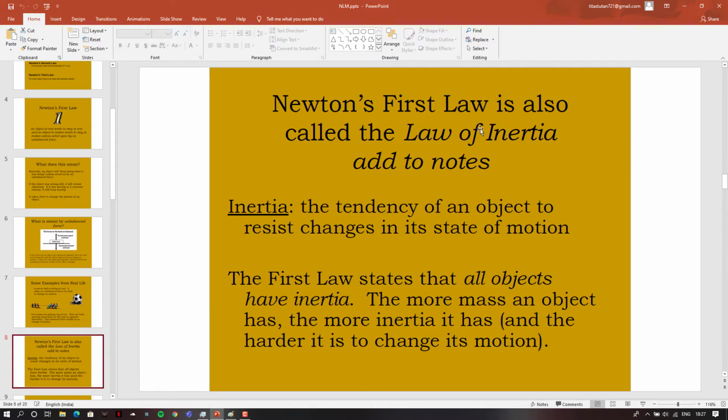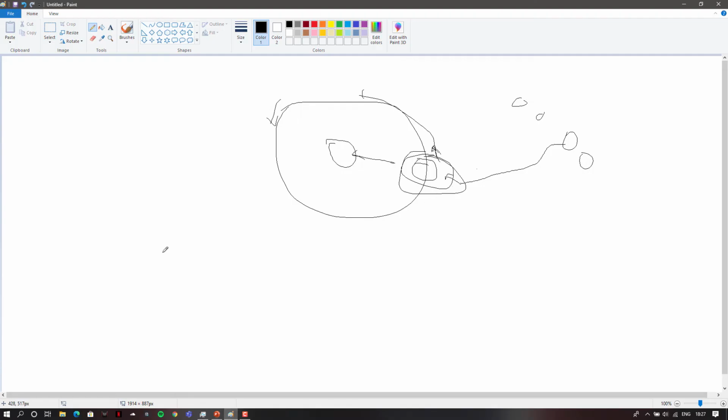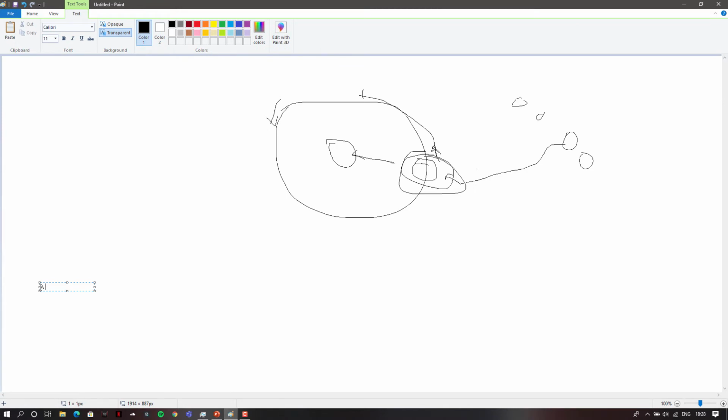So Newton's first law of motion is also called the law of inertia. What is inertia? Inertia means the tendency of an object to resist change in its state of motion. Inertia is nothing but what we all talked about. A thing in motion tends to remain in motion. A thing at rest tends to remain at rest. I'll write it down. An object in motion tends to remain in motion, and an object at rest tends to remain at rest